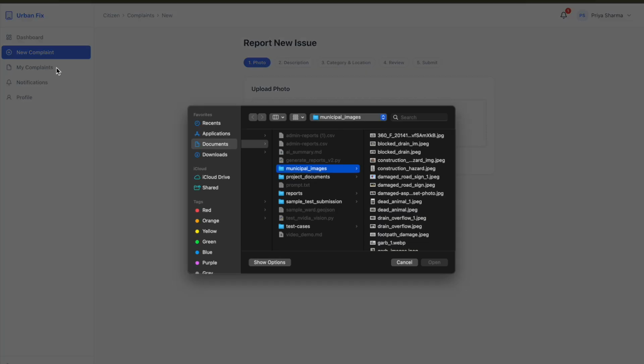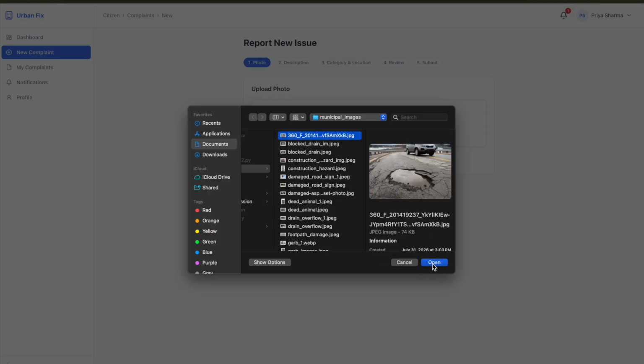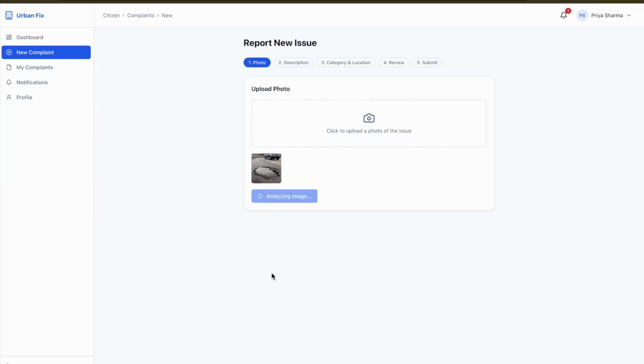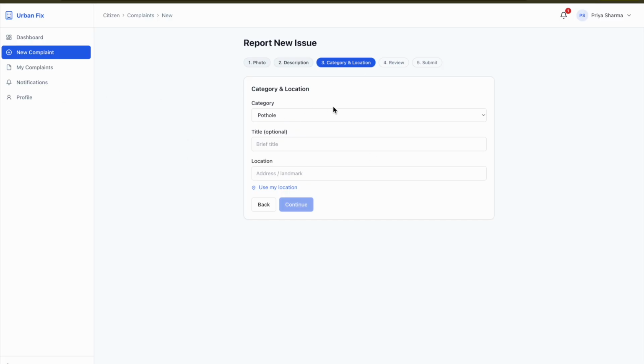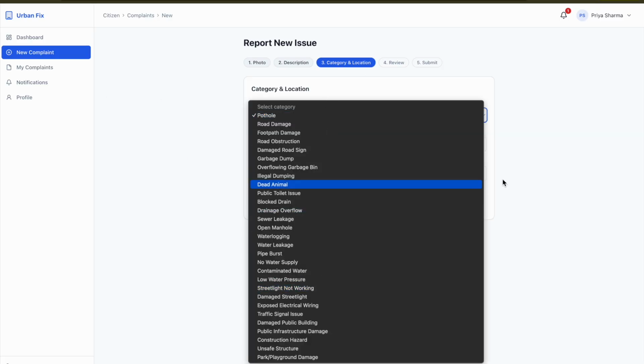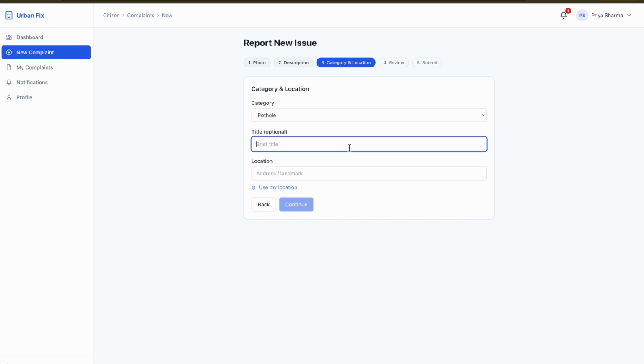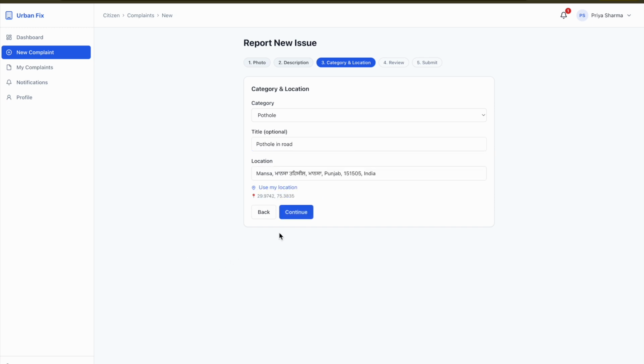To create a new complaint, they can simply click over here, select an image, and continue. In the backend, we have a Gemini Vision LLM model that will provide a description for it, and it will also assign a category for this image. It was a pothole image, so it has already picked pothole from all the available categories. And for the location, this feature will automatically pick the geo coordinates of the citizen, and it will list them over